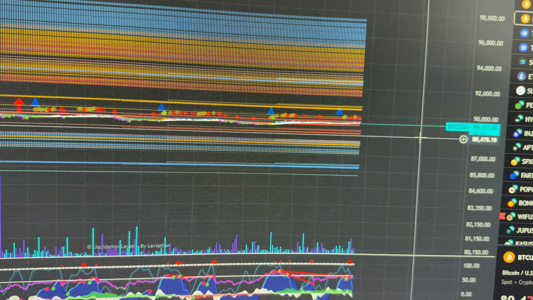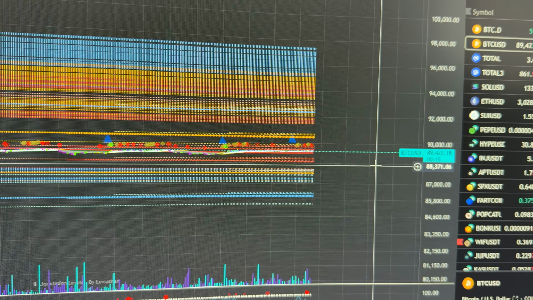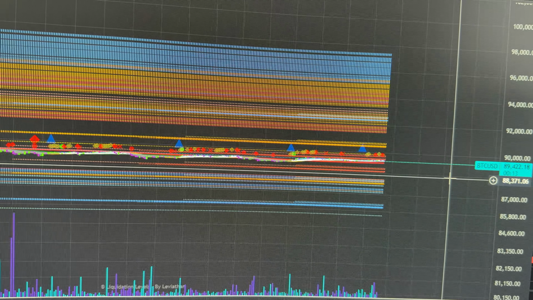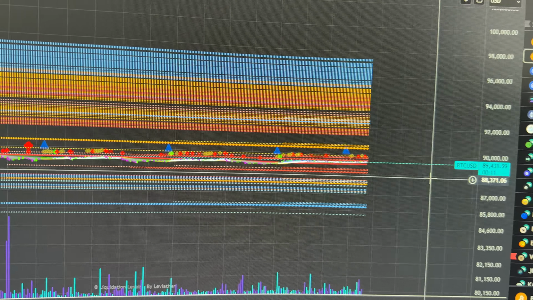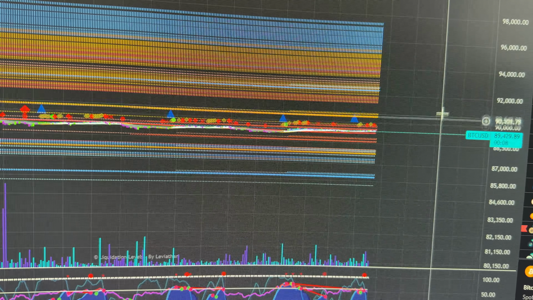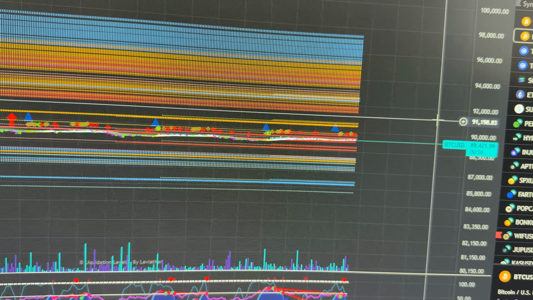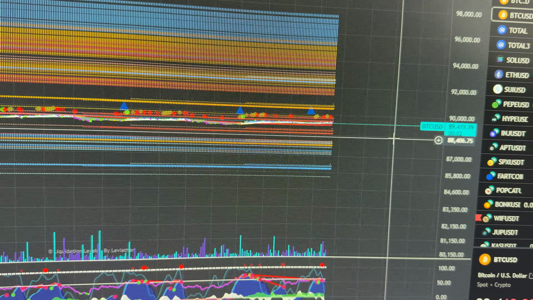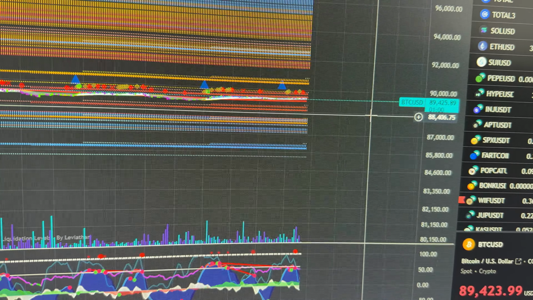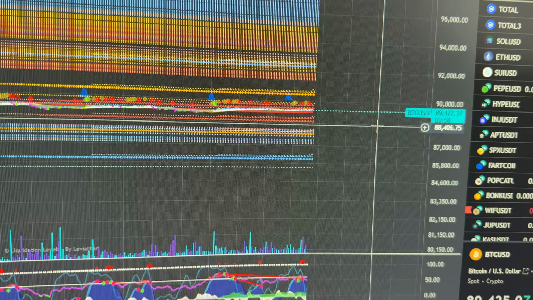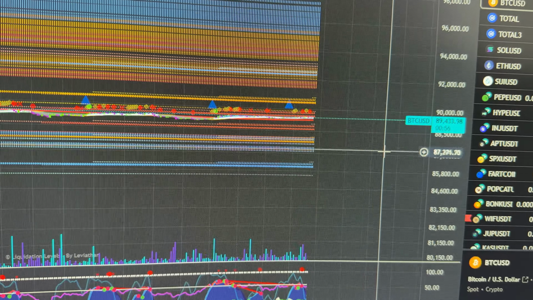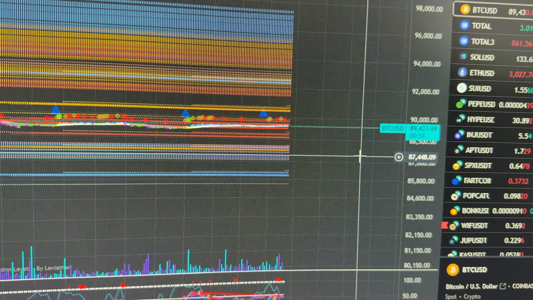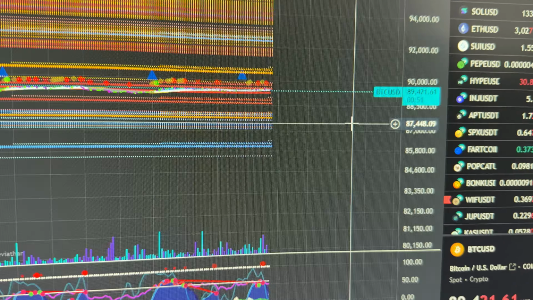And so I always scale into these trades, right? And you want to take very low leverage. I'm talking below a 3x leverage. If you opened up your initial position, let's say you had $100, I would probably put maybe 30% of it right here at 89.4. I would probably scale in right around here, which would be probably another 30% of my full size